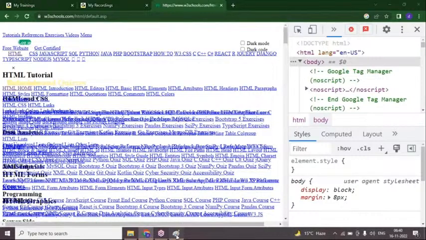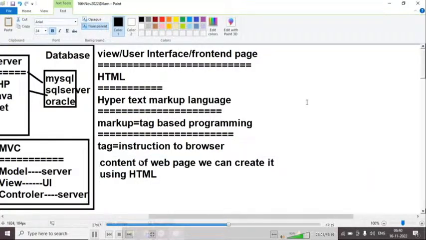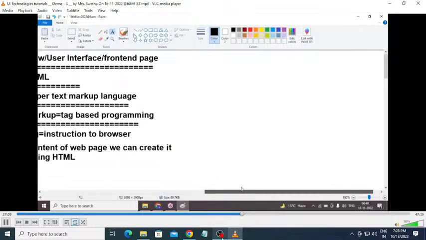So CSS, we write inside the head part. In the body part, we write